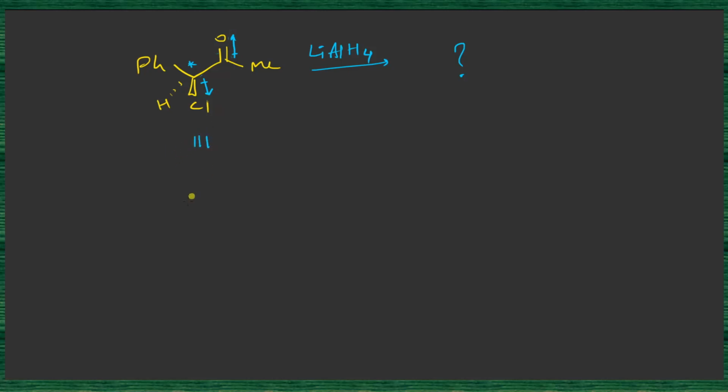So if we draw the corresponding Newman projection formula, then it will look like this, where the chlorine will be anti with respect to this oxygen atom, and the hydrogen will be here, and the phenyl will be here. So this is the corresponding Newman projection formula. And now if you consider the attack by the lithium aluminum hydride,